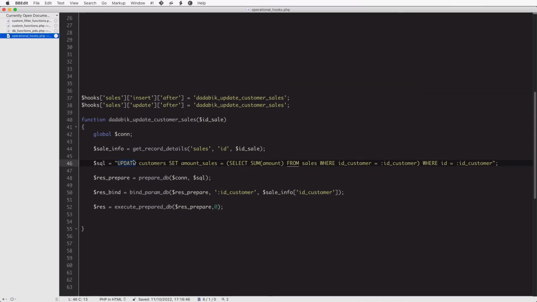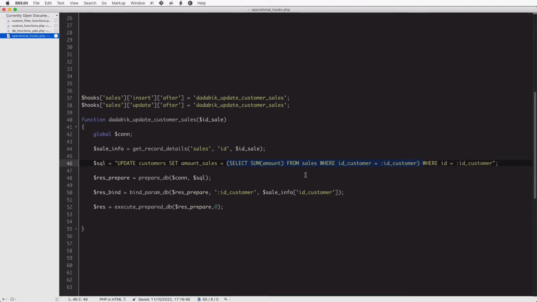So let's analyze the update query now. Here we are updating the amount sales field of the customers table. If you know SQL, probably this is easy for you. If you don't, I'll try to explain it in the easiest way. So we are executing an SQL query to update in the customers table the amount sales field, setting it to something.